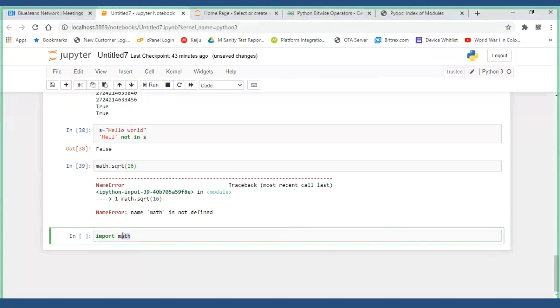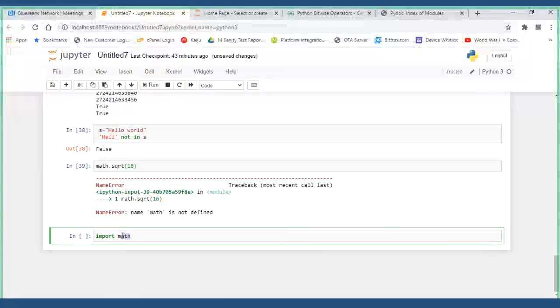Math is a module. You are importing the module. What is a module? A module is a collection of various different kinds of functions available in that particular thing. Square root is one thing, identifying the pi value is another. What else can you do using the math module? Any idea?